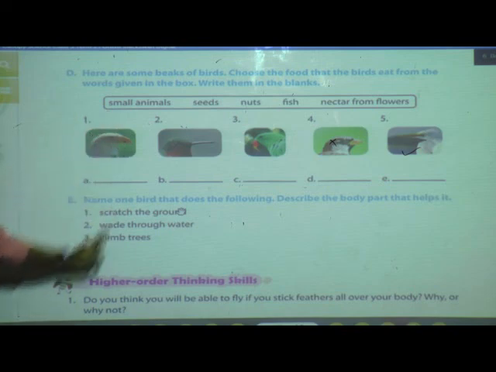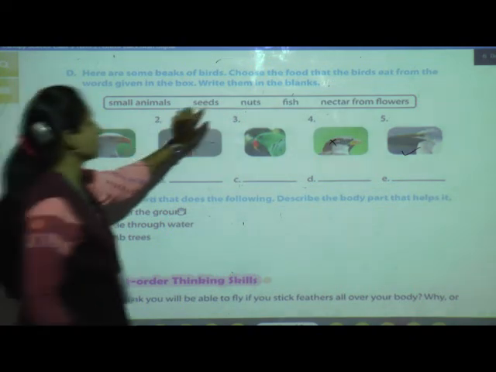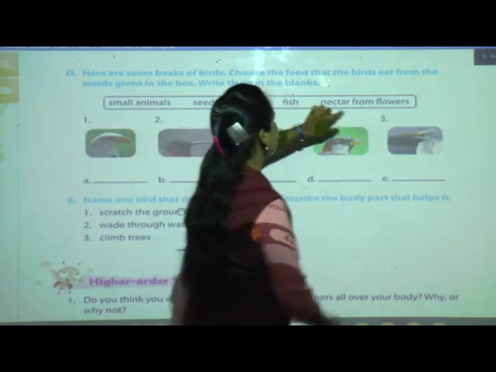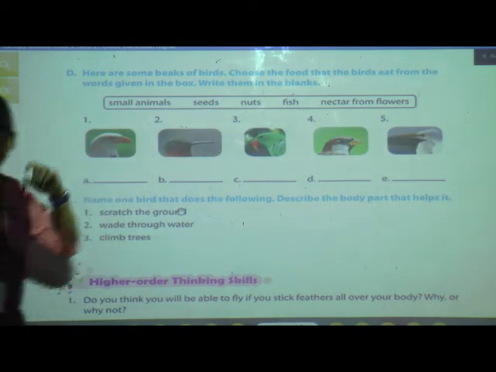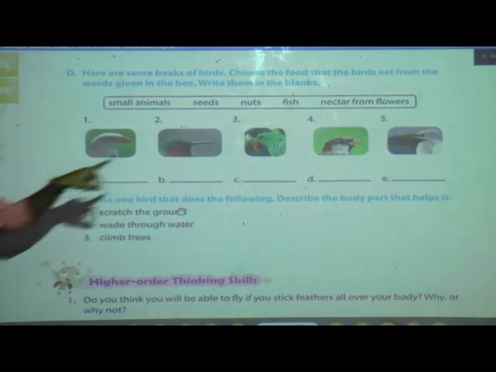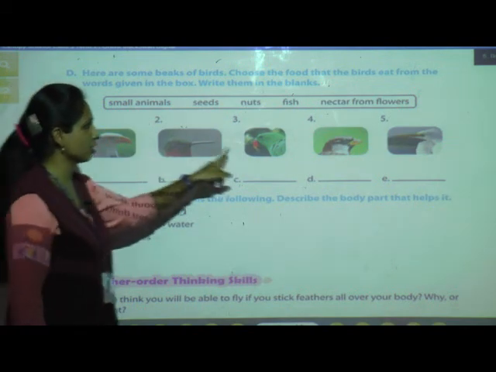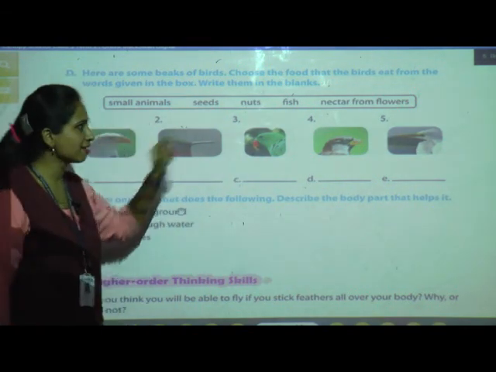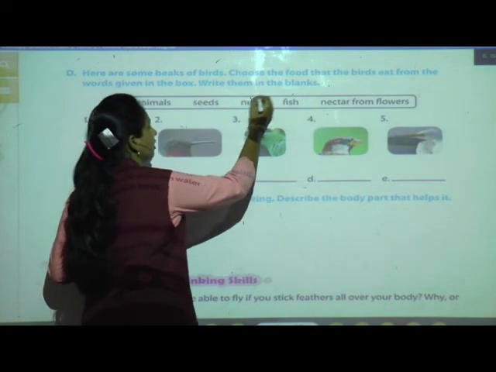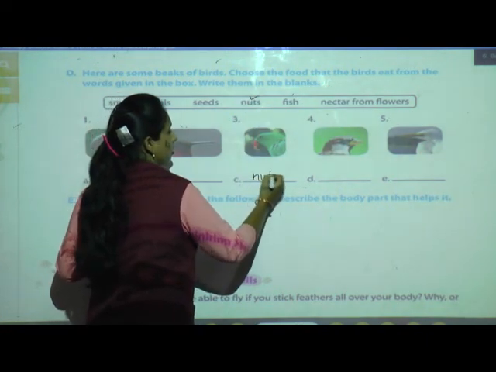Small animals, seeds, nuts, fish, nectar from flowers. Now whatever you know, first you can write those answers. Now see this parrot. What does a parrot eat? Nuts. So tick the nuts and write here.